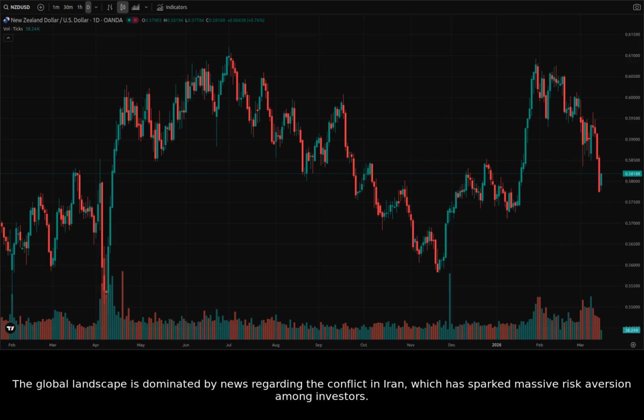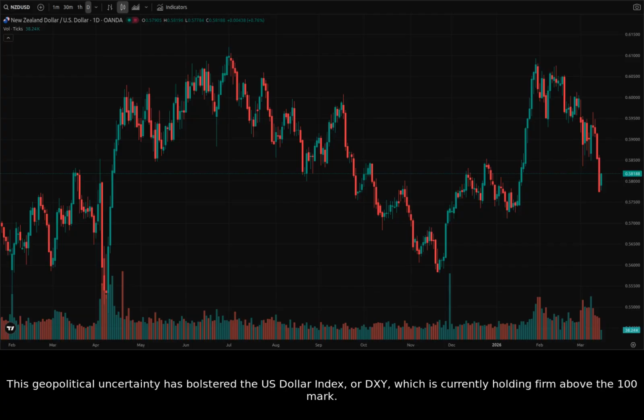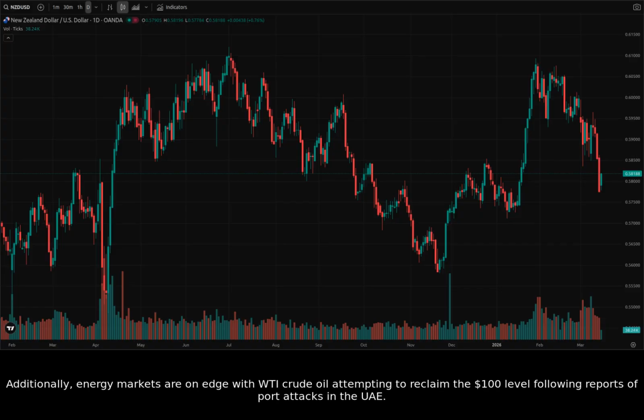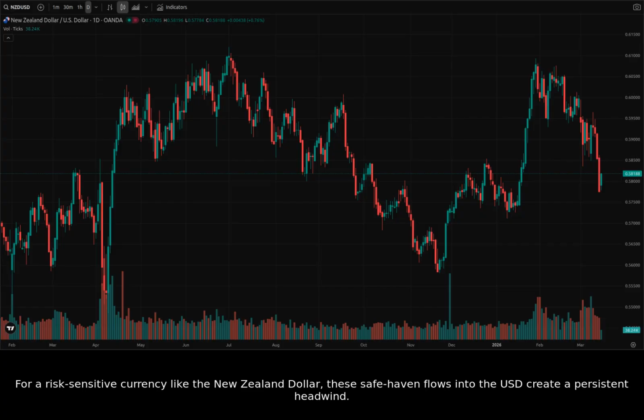The global landscape is dominated by news regarding the conflict in Iran, which has sparked massive risk aversion among investors. This geopolitical uncertainty has bolstered the US dollar index, or DXY, which is currently holding firm above the 100 mark. Additionally, energy markets are on edge with WTI crude oil attempting to reclaim the $100 level following reports of port attacks in the UAE. For a risk-sensitive currency like the New Zealand dollar, these safe haven flows into the USD